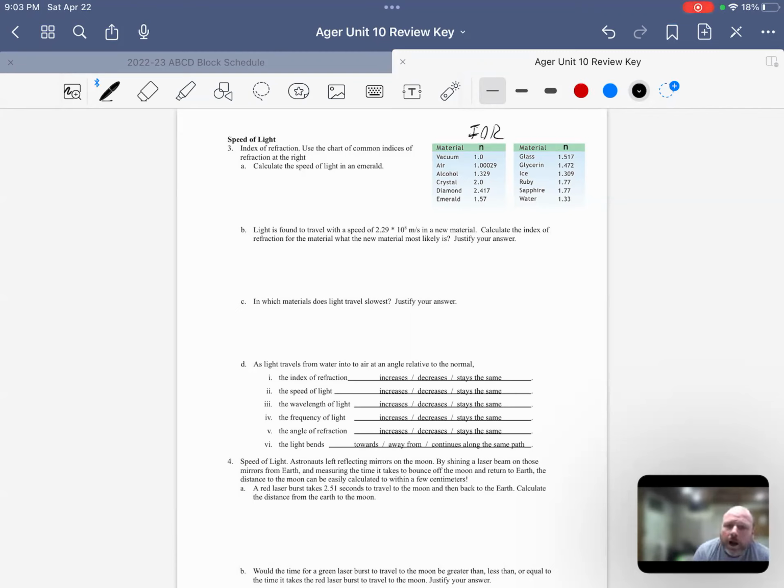N, and its equation, N equals C over V. That's the equation for N and its relationship to the speeds of light. But you're trying to find the new speed of light in Emerald. And so in this equation, the N and the V just swap there. And so we have V equals, whoops, V equals C over N. And so now we can just plug in